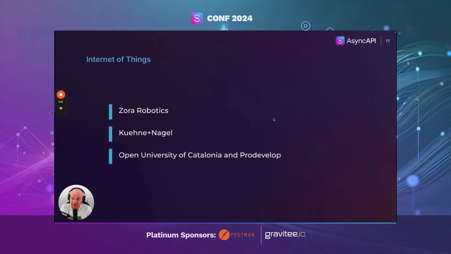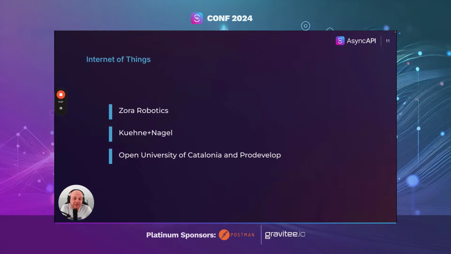And last but not least, Internet of Things. In this particular slide, you have a mix of different companies, even from different entities, that need IoT for some use cases. You have Zara Robotics, which is doing robots that you can have at home. They have to communicate over event-driven IoT, AsyncAPI.